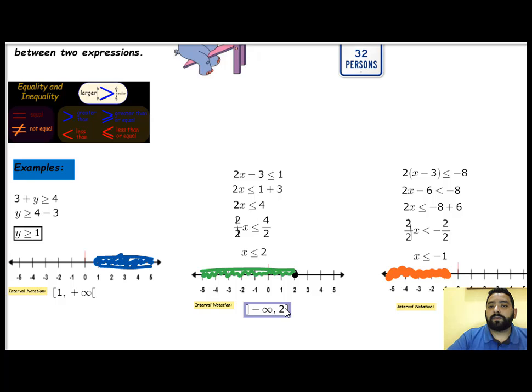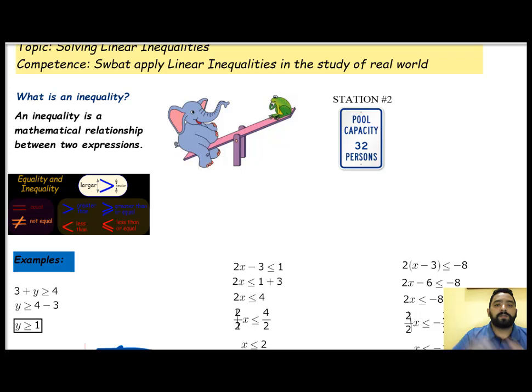And these are some examples about how to solve inequalities with the distributive property, with the inverse operation, or with the transposition of terms. And we have some applications of this topic in real